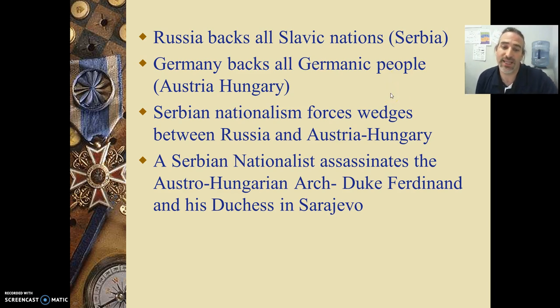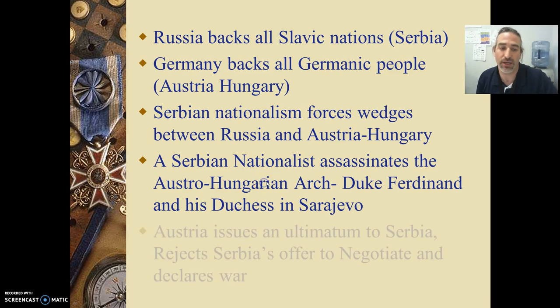The Archduke Ferdinand goes to visit Serbia, and he's killed. He's shot dead. Him and his wife are both killed in a car by a guy with a gun, who walks up to the car, shoots both of them, kills them, and that's going to cause a huge problem between Austria-Hungary and Serbia. And then Russia's going to back Serbia, and then Germany's going to back Austria-Hungary, and it's called the domino effect, and eventually everybody's going to declare war against each other because of the alliance system. But it's this powder keg, it's this assassination that starts all of those chain reactions from happening.